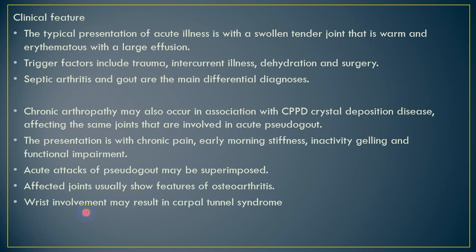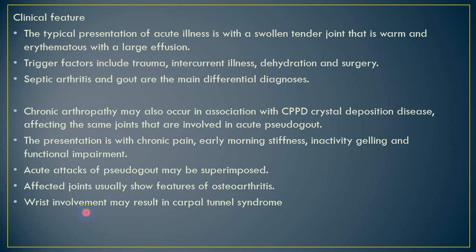How does a patient with pseudogout present? Typically, the patient presents with inflammatory monoarthritis, with swelling and a tender joint, and on examination there is redness, warmth, swelling, and effusion. Usually, the joint has a previous history of trauma, surgery, or infection. The main differential diagnosis to keep in mind is septic arthritis. Always, when there is an inflammatory monoarthritis, the first thing to be excluded is septic arthritis, followed by gout,